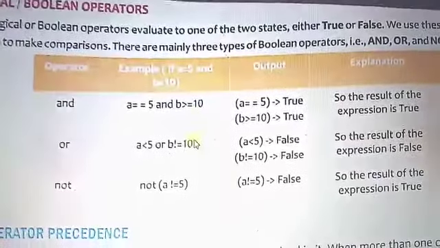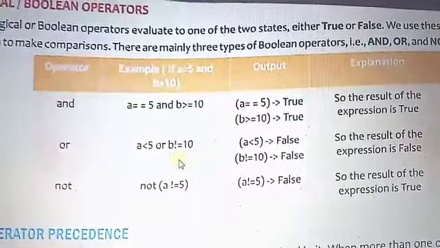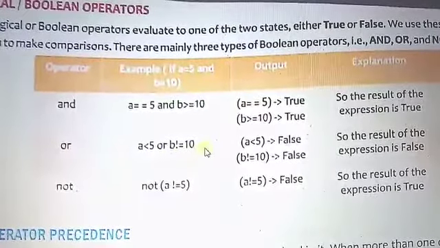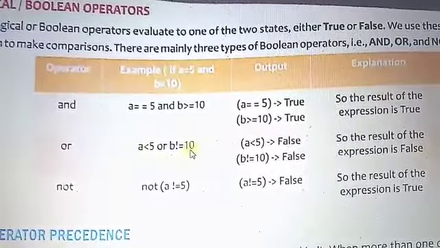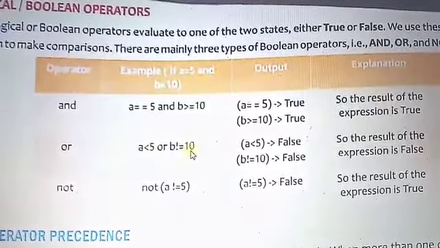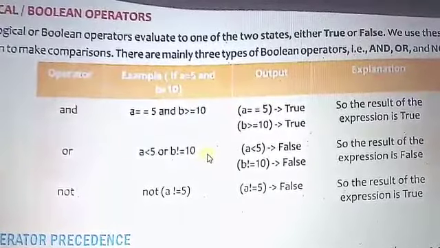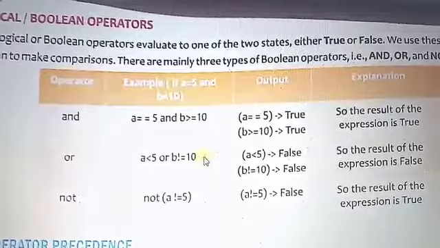In the case of the OR logical operator, if any one expression is evaluated true, the final output is true. If all the expressions are evaluated false, it gives false output, otherwise it gives true output. What does that mean?